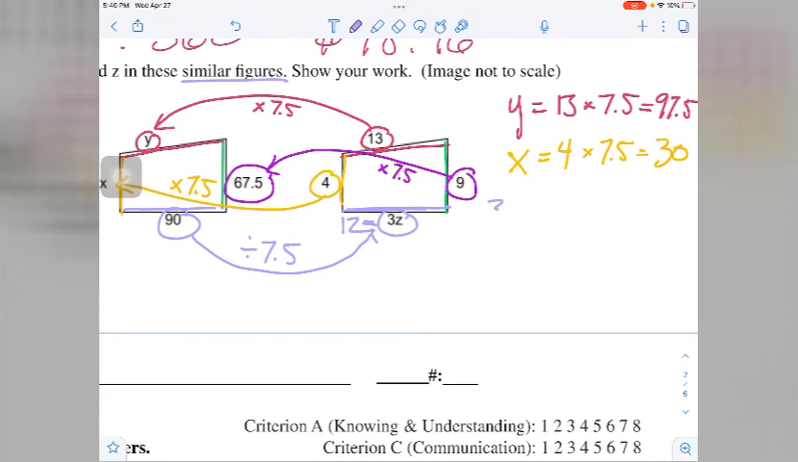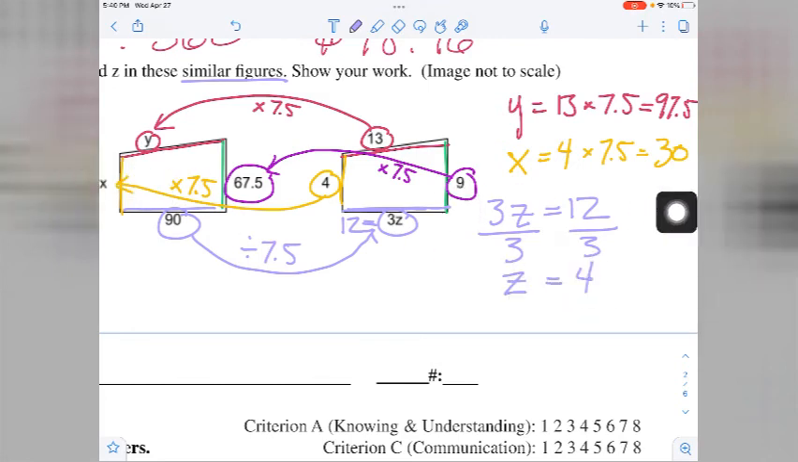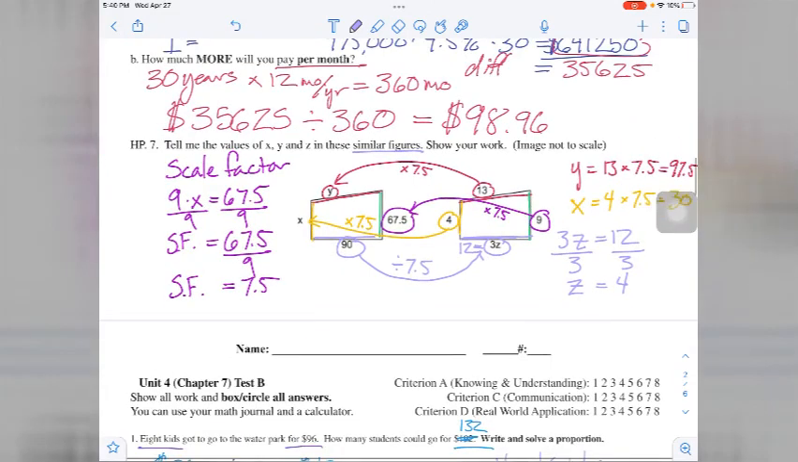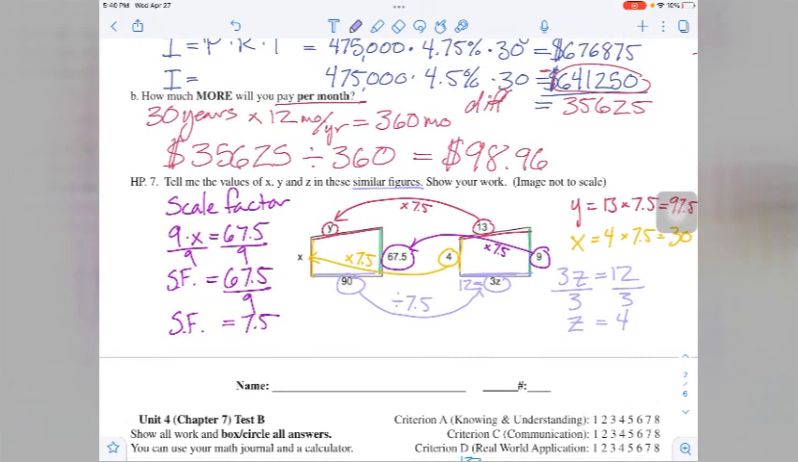So 3z is equal to 12. But to figure out what z is equal to, I need to use inverse operations. I'm going to divide both sides by 3 and figure out that z is equal to 4. So that is my final answer there. If you got that one right as well, you probably